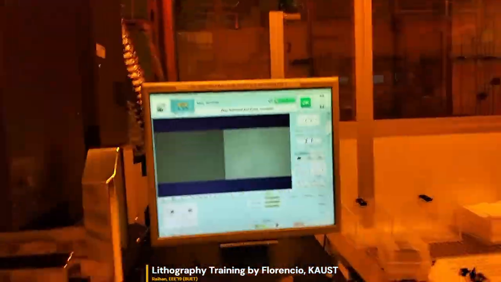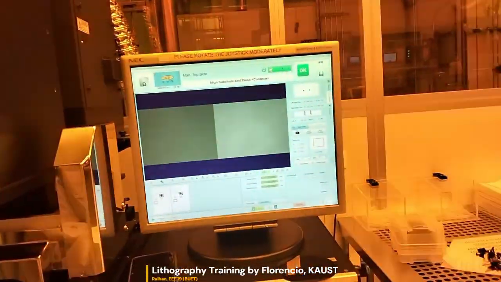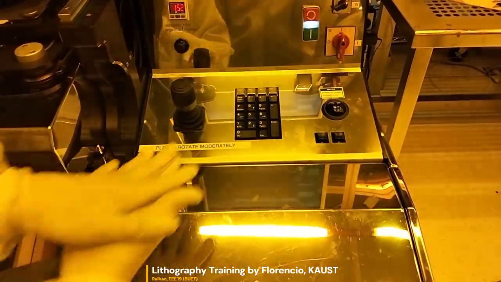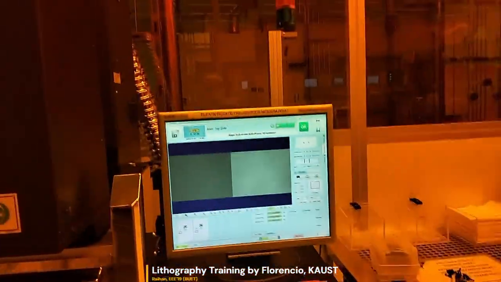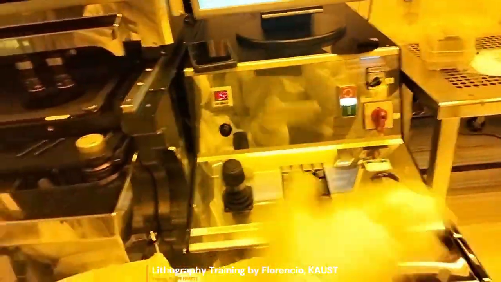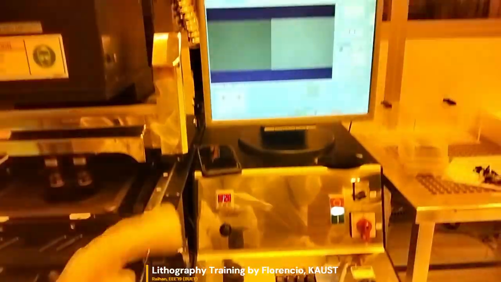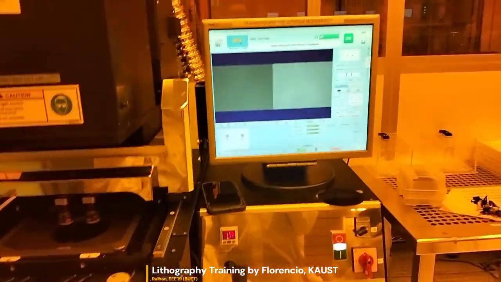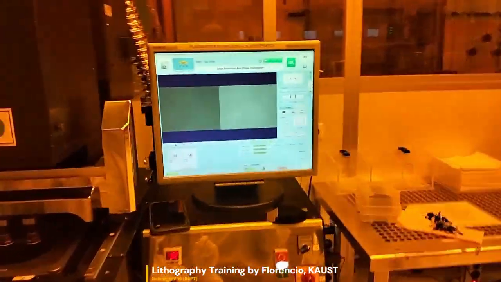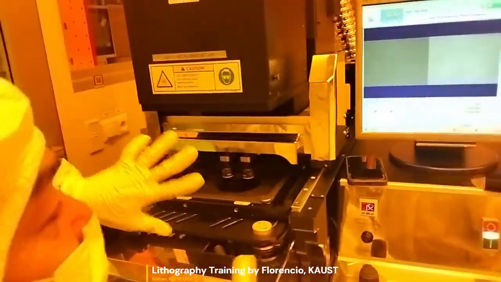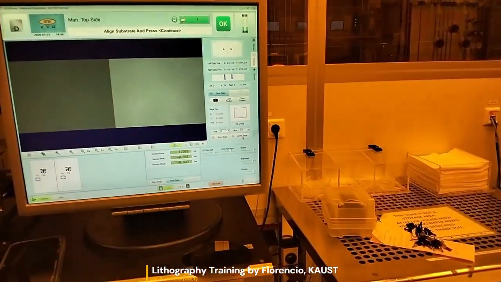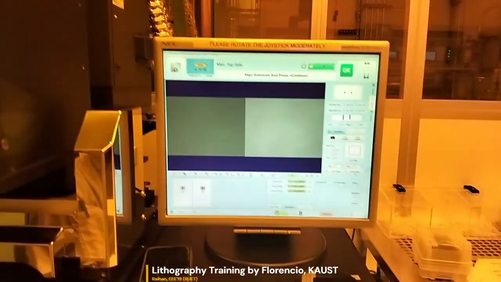Because if you need alignment, you usually align left and right. So you make sure that your mask is properly aligned with your spacer. If you need overlay, and when you say overlay, it's layer 1, layer 2, layer 3, overlaying each sample, it should be properly aligned. So we have to align it using this camera. But if it's only one exposure, then you don't need to align and you just click this center stage. So your sample will be just brought to the center.